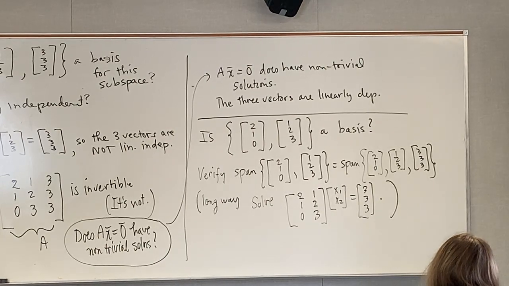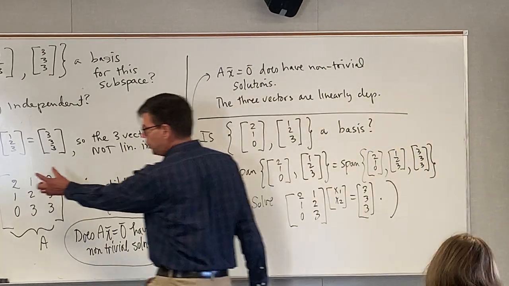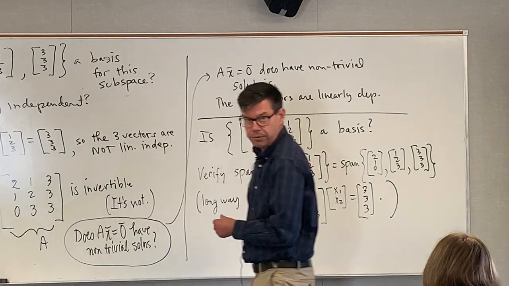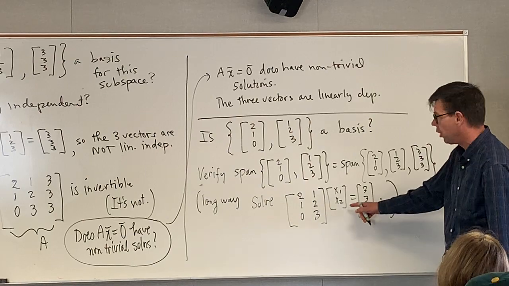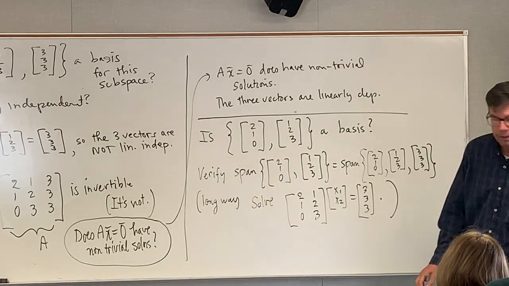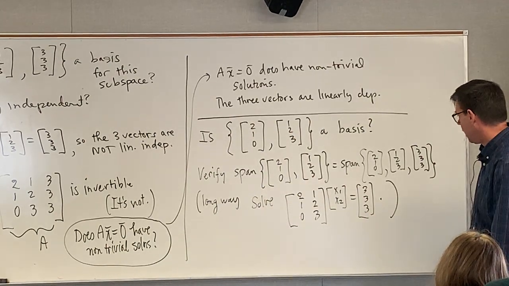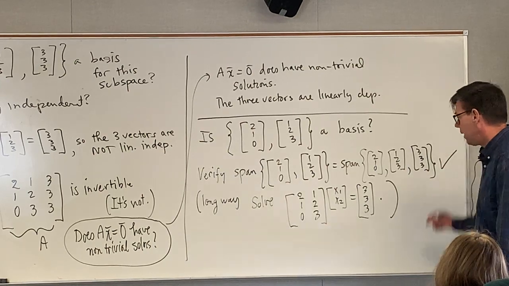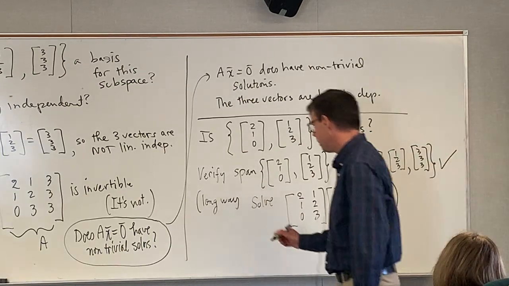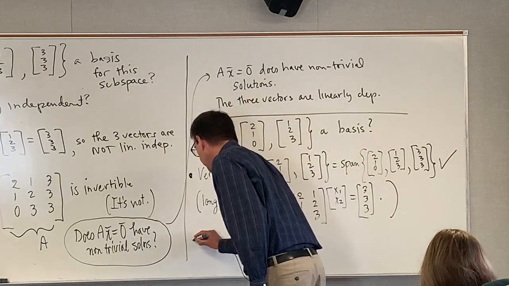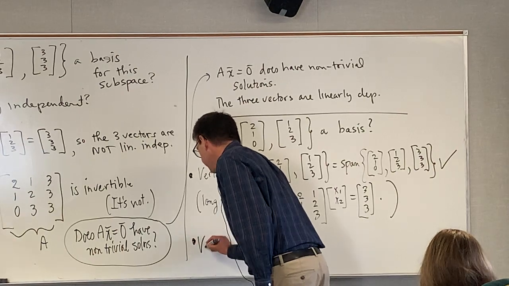The short way, again, is to just make this observation if you're lucky enough that you can add those two together, right? So if you solve this system, you're going to get, I think, 1, 1 as a solution, all right? So that's true, that the span of those two is, and then we also have to verify